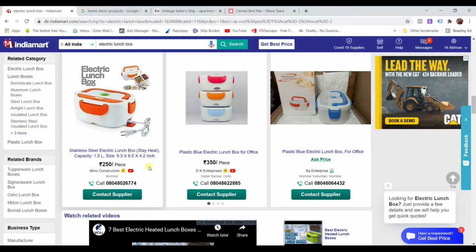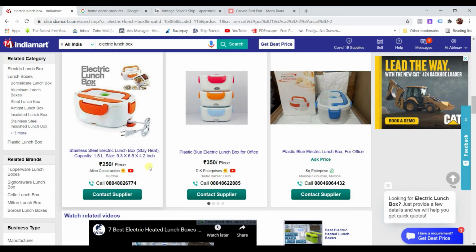They mostly have some minimum order quantity, but it is not that much higher. Mostly it is 5 pieces or 10 pieces maximum. You can contact the supplier and negotiate on prices and quantity. Most of them do drop ship for you, that is, even if you get one order, they will do it for you. If you have a very high volume, maybe 20 or 30 orders per day for a particular product, they can even give you more discount on the prices.